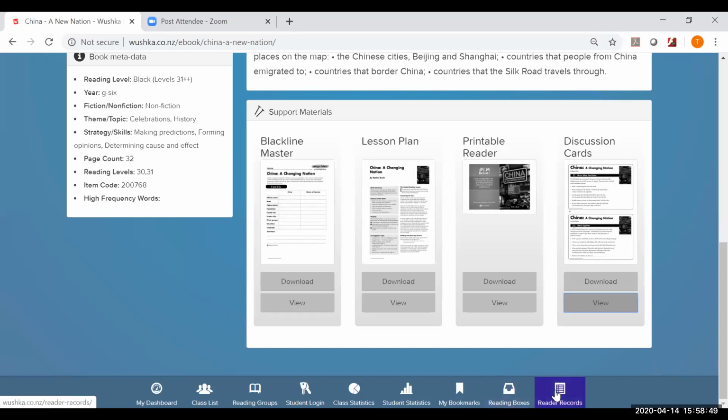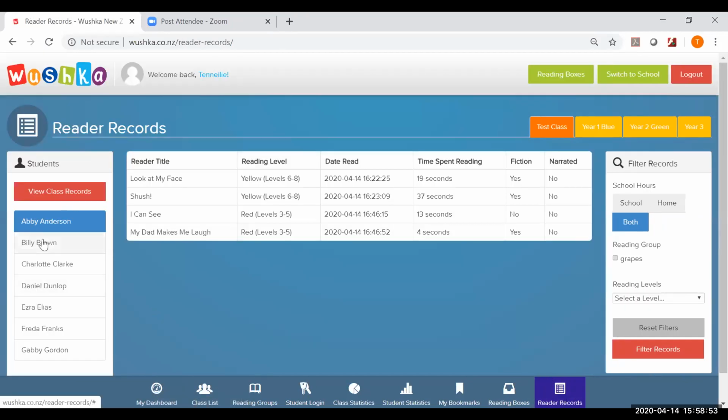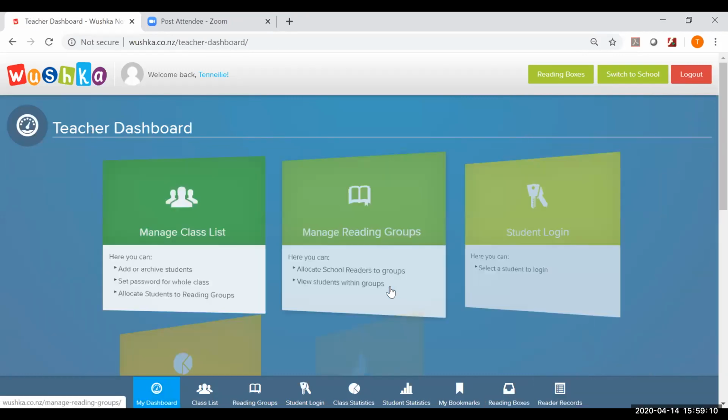Okay, sorry, I just want to quickly show you reader records. I won't spend too much time here. Just a really quick overview for each student of the readers that they've read, the level, the date, the time spent reading, fiction and narrated. So that's a really nice quick overview that you can do in the reading records. I'm going to take you back to the original dashboard now with all the coloured tiles